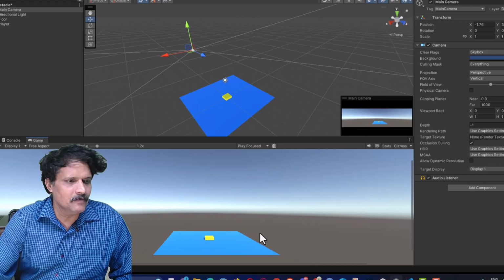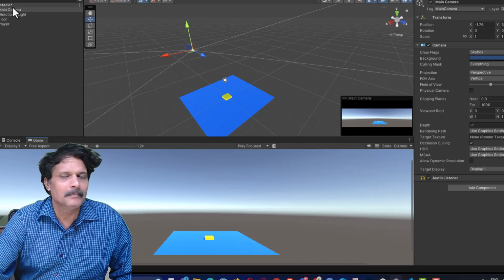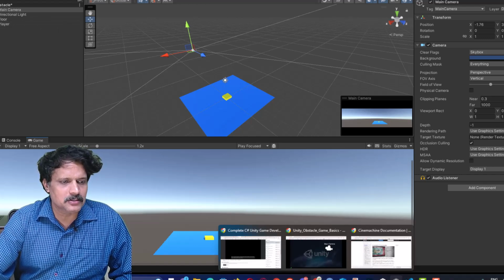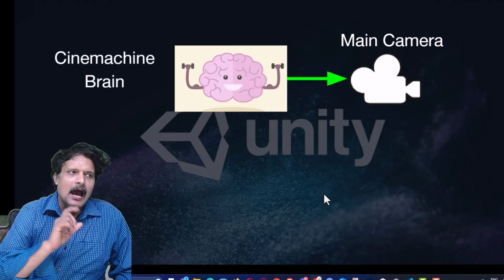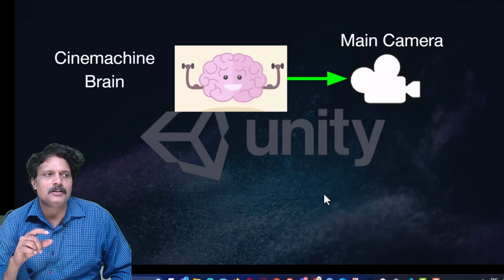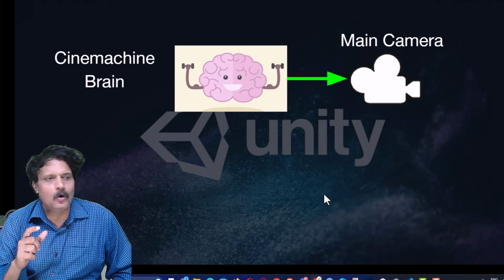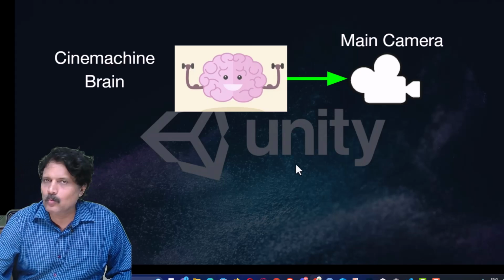And in the game view, this is the view it is showing. So, we have the main camera. Now, if you see this main camera, we are going to add a Cinemachine Brain. Cinemachine Brain is a scripted component which is going to control this main camera, and what it is going to